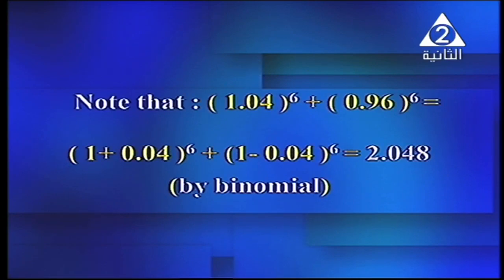Note that, my dear student, 1.04 to the power 6 plus 0.96 to the power 6 equals what? 1.04 is 1 plus 0.04, to the power 6. 0.96 means 1 minus 0.04, to the power 6. By using the binomial theorem, it equals